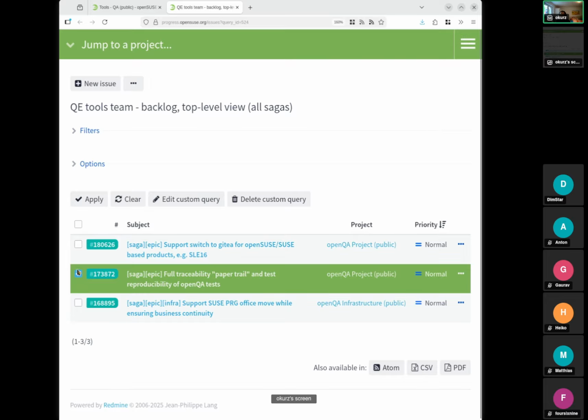Else, full traceability, paper trail, and test reproducibility. Well, all of the recent scalability work actually would fall into that saga because we want to keep an archive and be able to fully provide paper trail for, in particular, SLE maintenance tests that had been conducted for a period of, let's say, 1-2 years. To be able to do that, we store more results, we run more tests, we keep more data, we fill up more storage. We need to prevent the storage to be exhausted. We need to more efficiently clean it up. We need to be able to still provide a reasonably responsive UI while being able to store much more data